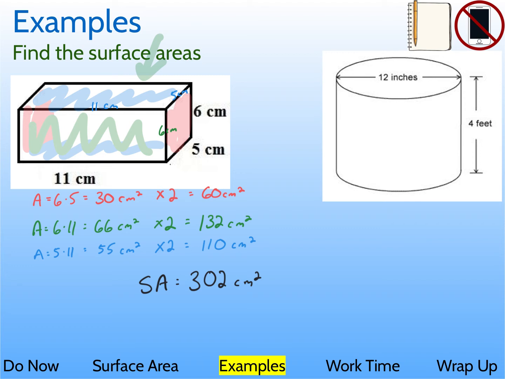All right, now on to the cylinder, which is kind of tricky sometimes. So with the cylinder, we have the circle on top and the circle on the bottom. Let's do those first before we even worry about the rest of it. So the area of those 2 circles is pi times the radius squared. Well, the diameter is 12, so that means the radius is 6. So we got pi times 6 squared, which gives us approximately